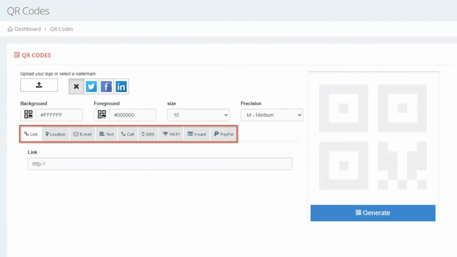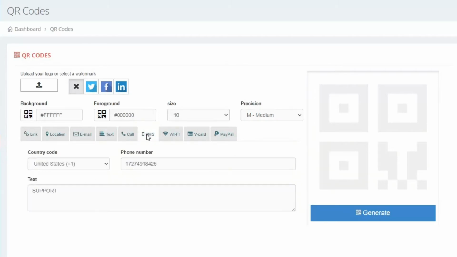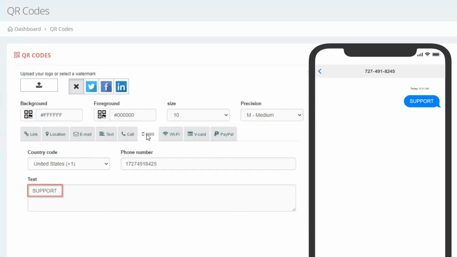There are several actions that the QR code can trigger. Let's first look at the SMS option. When scanned, the QR code will compose a text message on your customer's device. It's an easy way for customers to opt in to one of your text messaging lists. In this example, the message contains a text to join keyword that triggers an auto response from your business when